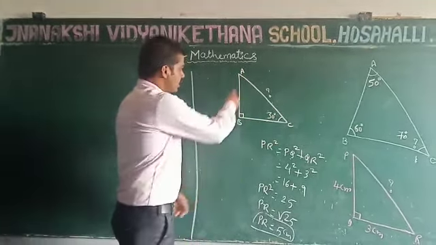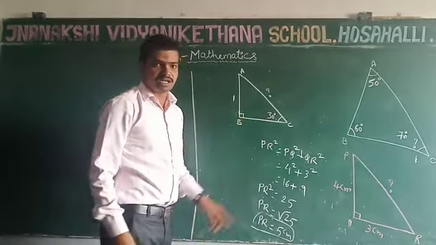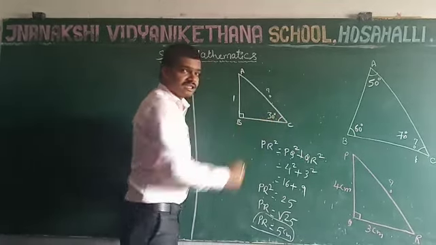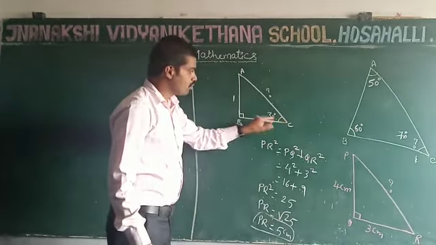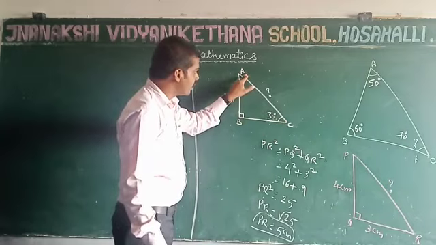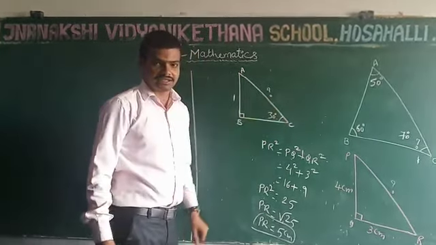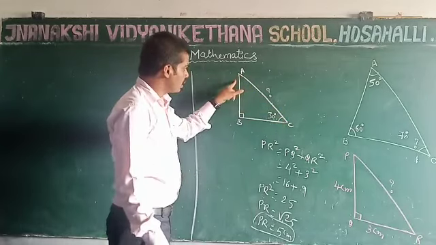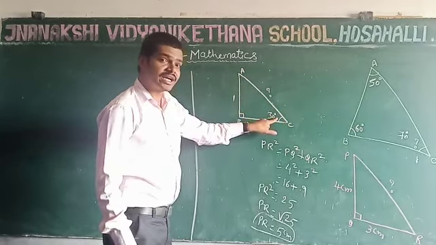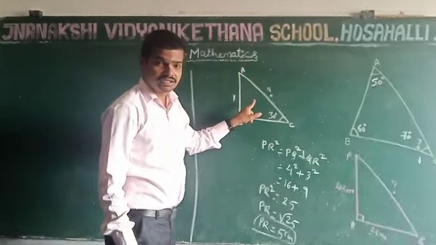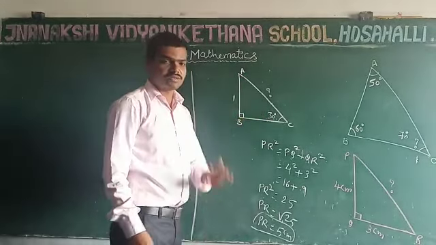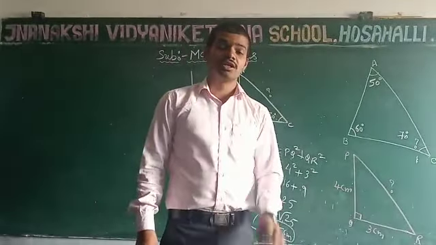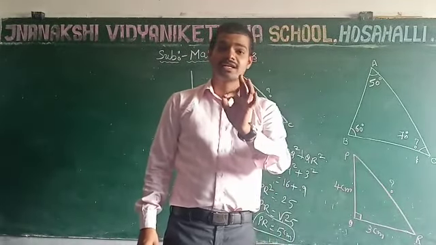Here, AB is given, that is 1 centimeter or 1 unit, and one of the angles is given, that is angle C is equal to 30 degrees. Then find the hypotenuse AC. Is it possible to find the hypotenuse AC when one side is given and one of the angles is given in a right angle triangle? Yes, this is possible. By how? Using trigonometry. Okay, dear children, today we will discuss trigonometry.